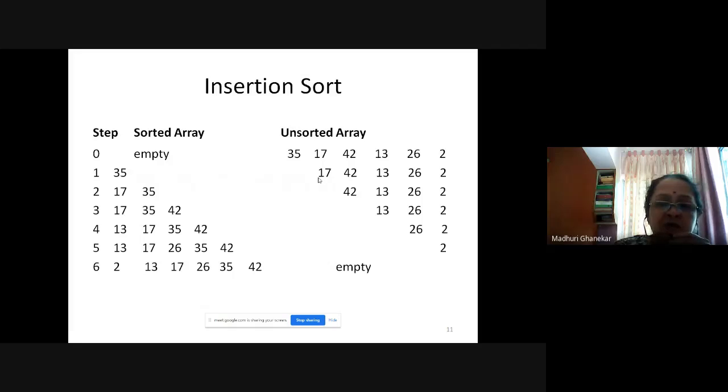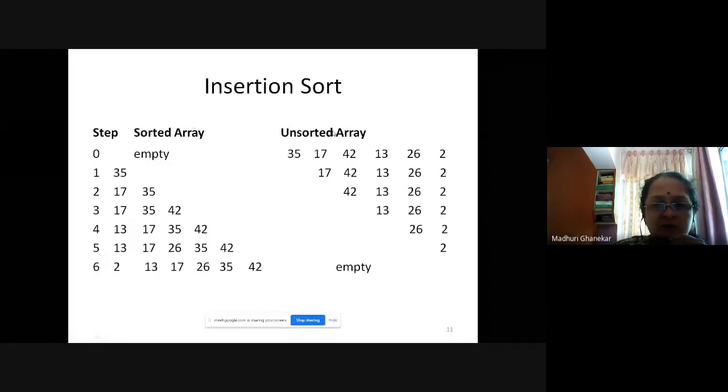Actually, if they ask you to solve the problem, it is very simple. In a very simple manner, you can solve that problem like this. You are required to give the step number, sorted array, and unsorted array. So make 3 columns, with those 2 columns bigger: sorted array and unsorted array.